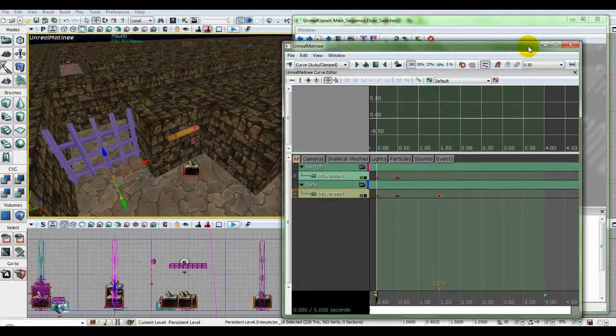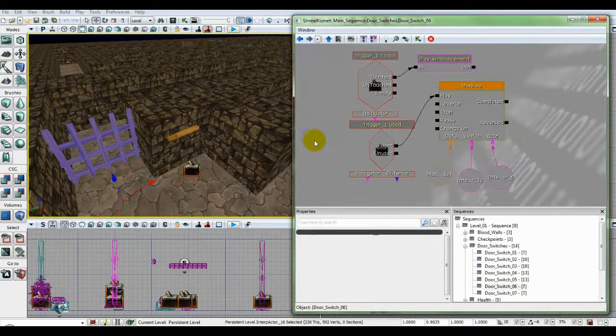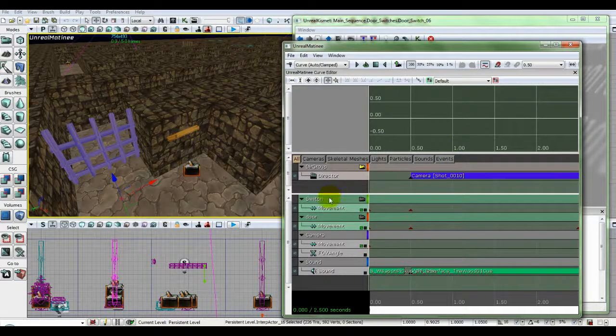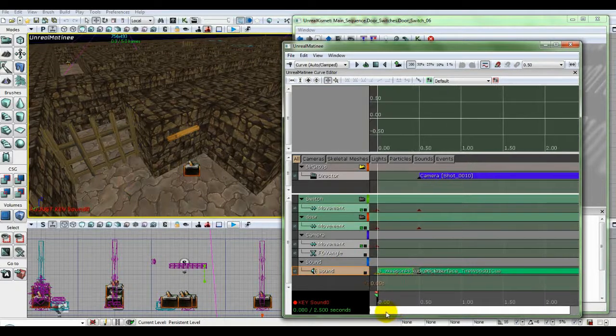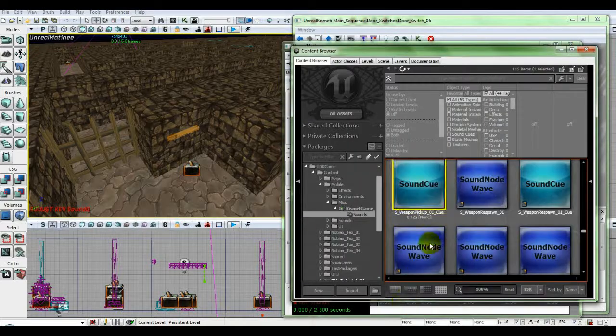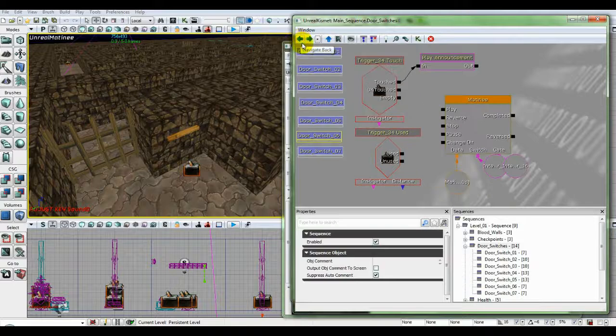So what we're going to do real quick is close out that, and grab just one of the random door switches. We're going to open up the Matinee, and down here in sound we're going to select our first sound, which is our switch operating. We're going to right click and find that sound in the content browser. Okay? There we go. And we can now back out of that Kismet